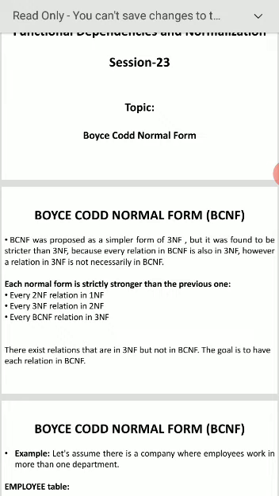Now we will compare the normalization types: 1NF, first normal form, 2NF, second normal form, 3NF, third normal form, BCNF, Boyce-Codd Normal Form. First, every 2NF relation is in 1NF. You know that in first normal form, you create only a single table. There is no decomposition.